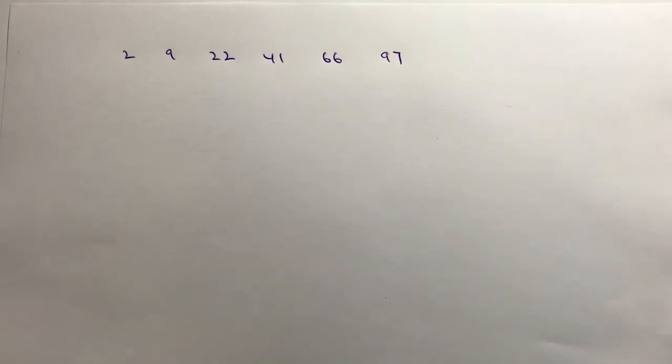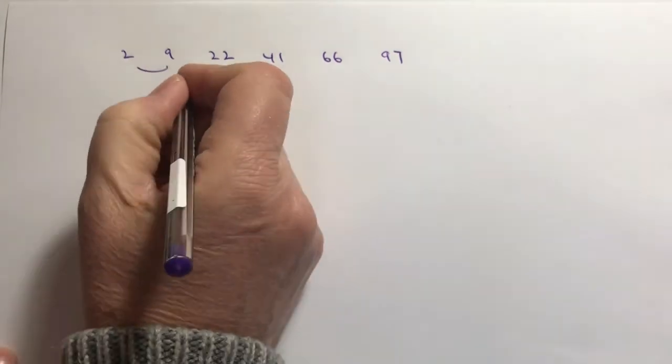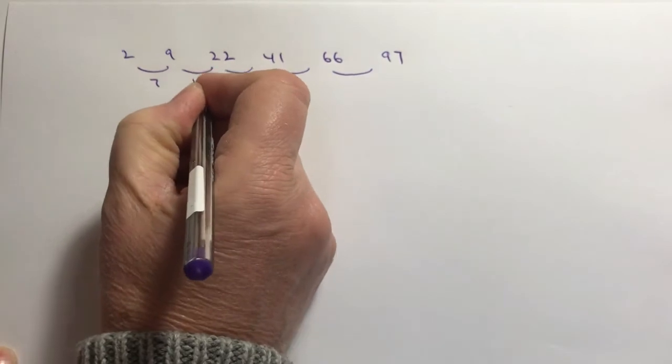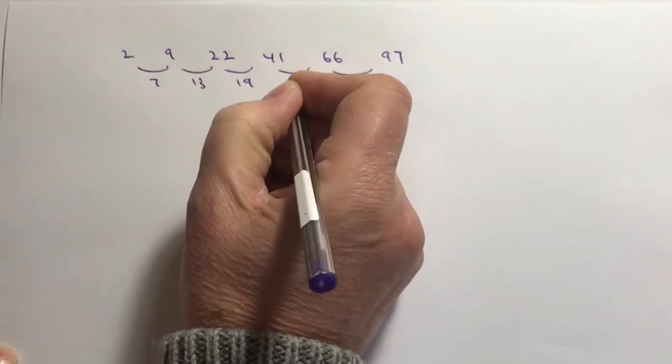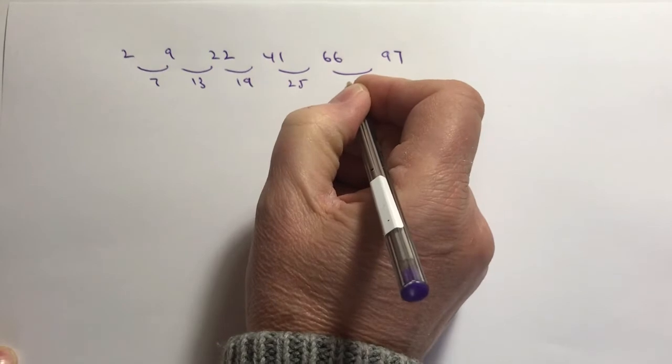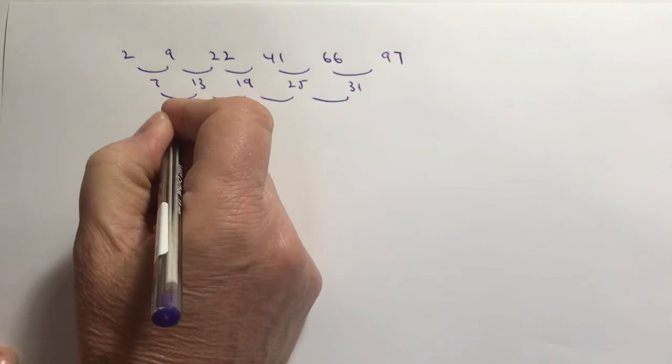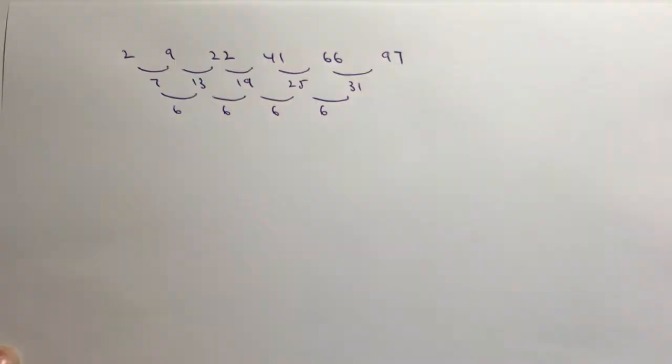This is towards the end of the playlist on quadratic sequences, and the reason I've left it towards the end is because the numbers are slightly bigger, makes it slightly more awkward, but actually I'm going to apply exactly the same principles that I've used in the other videos, and that is that I need to work out firstly the first difference, and the first difference between each of these numbers is 7, 13, 19, 25 and 31, and then the second difference, and it's the second difference which I'm interested in, which in this particular case all of those